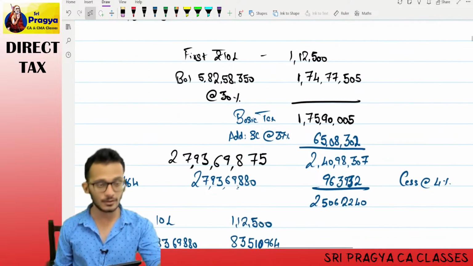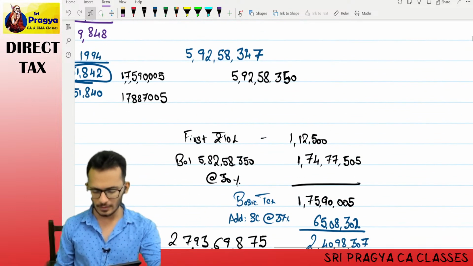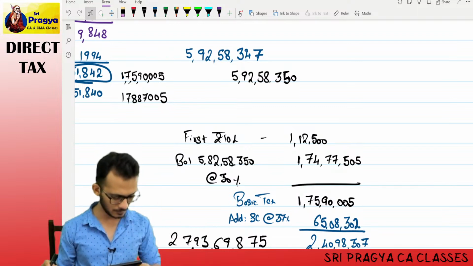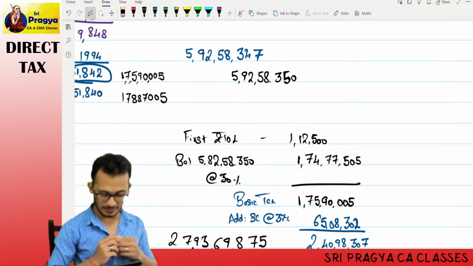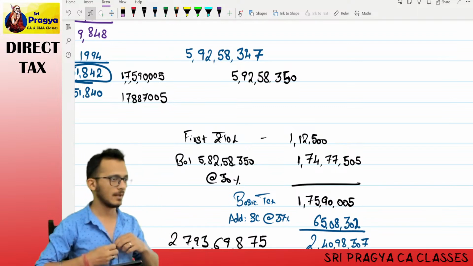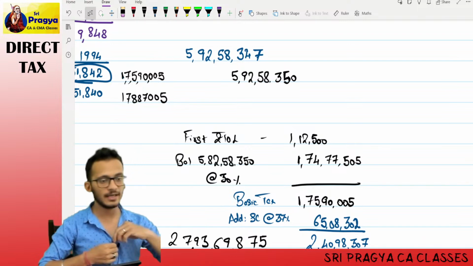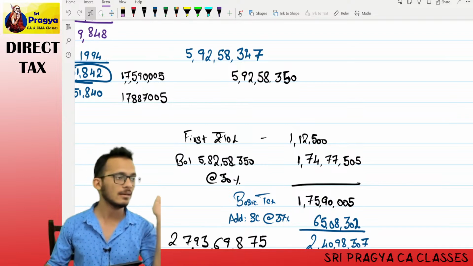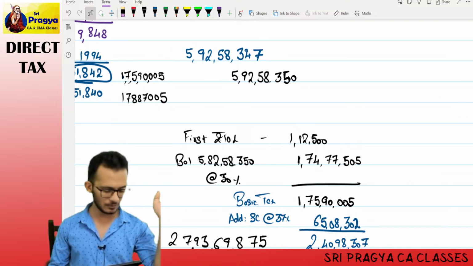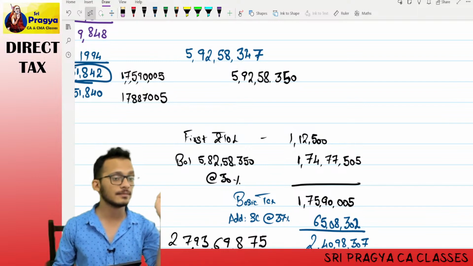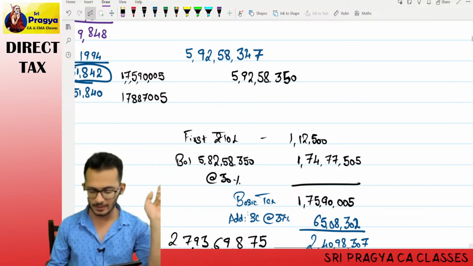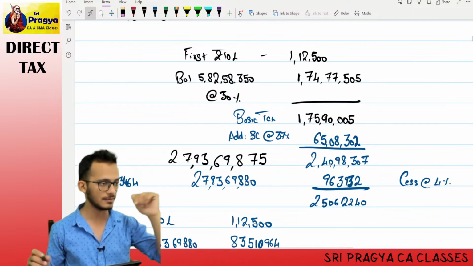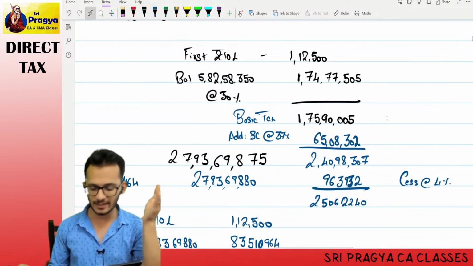Number is 5 crores. Now tell me what the surcharge will be. We are looking at 5 crores. Surcharge on 5 crores in the new regime is 25%. So you'll do the basic tax plus 25%, plus cess also. Final number is